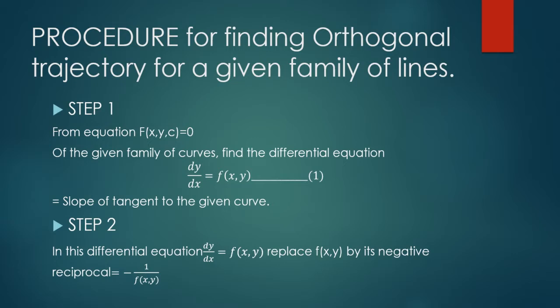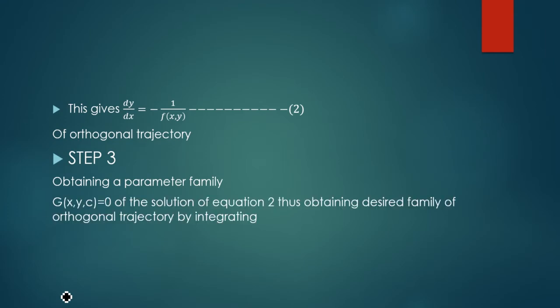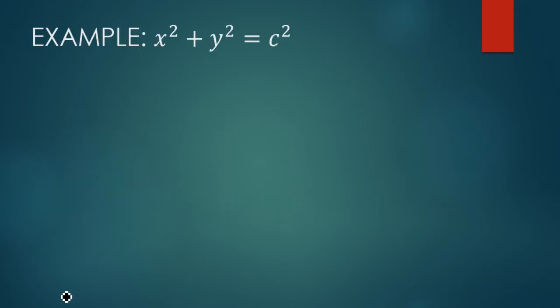That is the first dy by dx, the differential equation which we calculated here. If we consider it as small f xy, then we have to reciprocate it and multiply it by -1. You will understand these steps once we move on to an example, so that how practically things go on will be very easy to understand. And now we are given an equation of this type, dy by dx equals minus 1 by f of xy. Now we have learned to solve differential equations by integrating. So the step 3 is to integrate the second equation and find the solution.